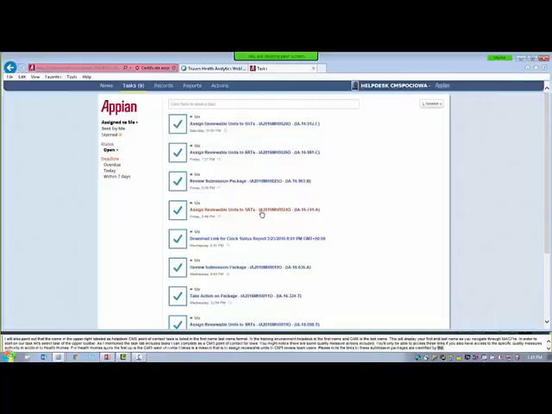First is the package ID, which consists of the two-letter state abbreviation, the year, the authority, in this case, MH for Medicaid Health Homes, an automatic number assignment, and the letter O for official or D for draft. We will select Assign Reviewable Units to SRTs for the package ending in 741A.